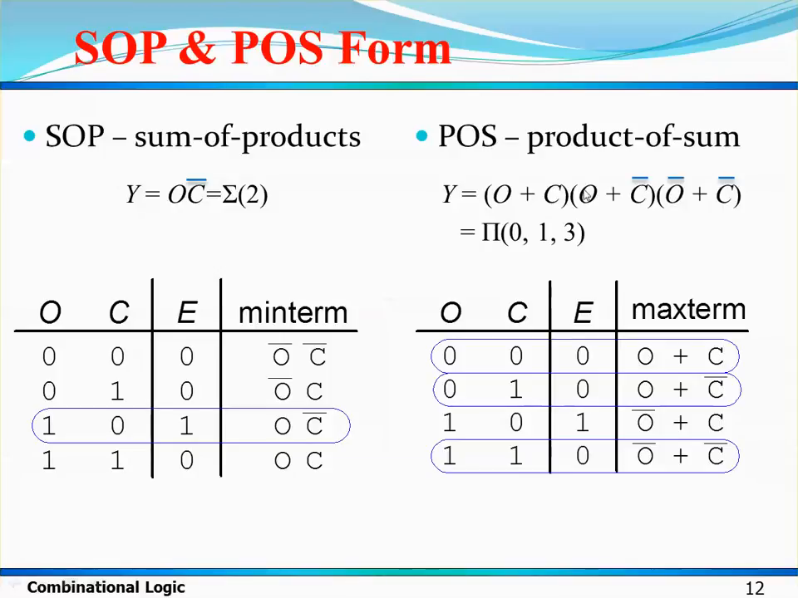Basically this bar will be here. Again you have the max terms 0, 1, 3. This is 0, this is 1, this is 3, and the max term here is O or C. The second one is O or C bar. The third one is O bar or C bar. So these are the 3 sums. You need to do the product of those sums, and it is the product